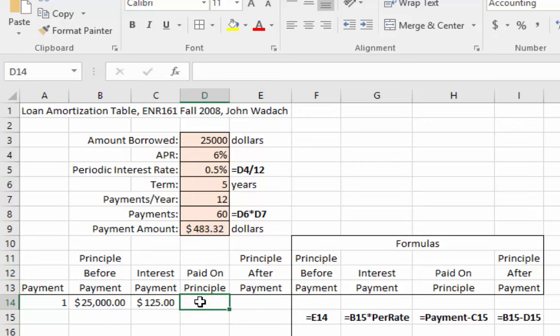Now at this point, what we'd like to do is figure out, if our payment is $483.32 per month, and in this first month $125 is going to interest, how much is left of our payment to be paying down the 25,000. So I'm going to do equal, and I'm going to put the payment amount. Notice that I've named that cell payment. So payment minus, excuse me, the interest. I put OK, and that means